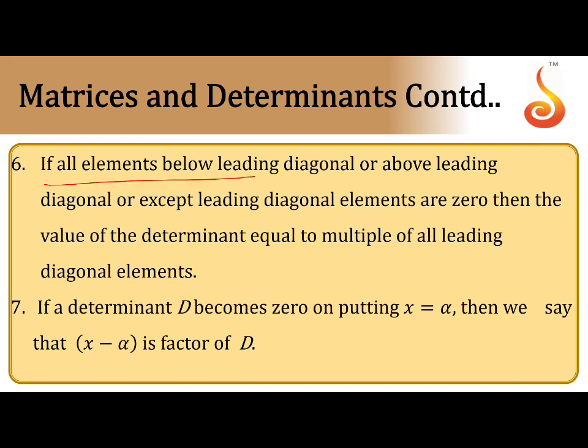If all the elements below the leading diagonal, or above the leading diagonal, are 0, except the leading diagonal elements, then the value of the determinant equals the product of the leading diagonal elements. That means the matrix is either an upper triangular or lower triangular matrix. The determinant of an upper or lower triangular matrix is equal to the product of the diagonal elements. So I will give...